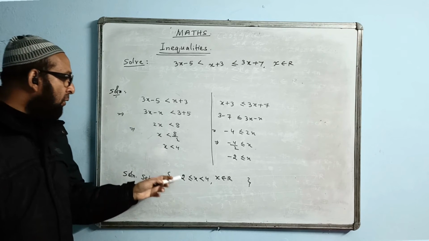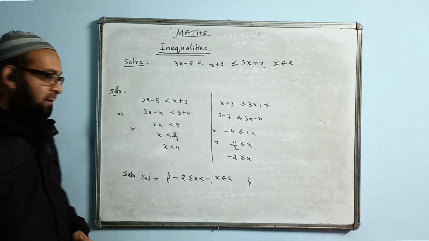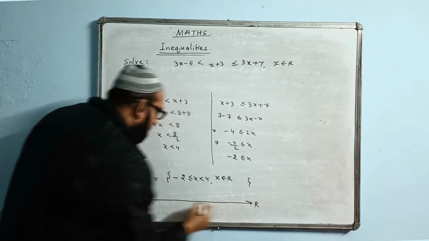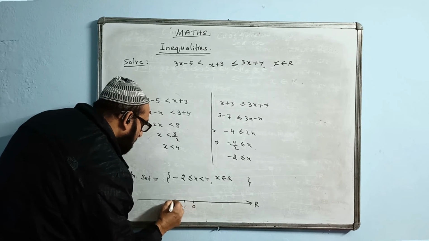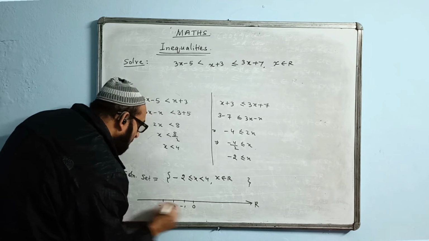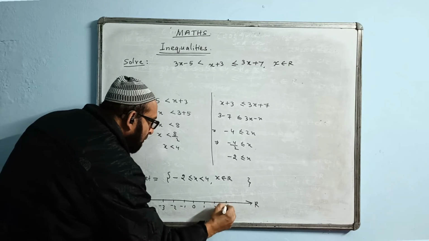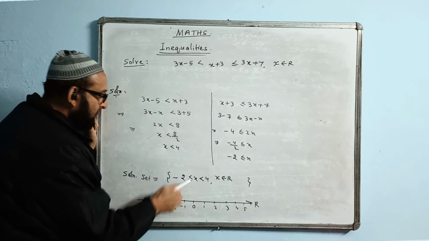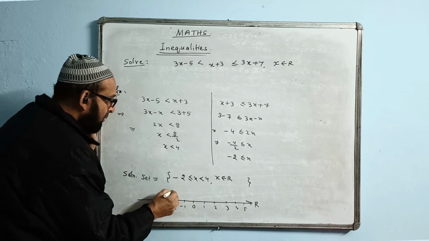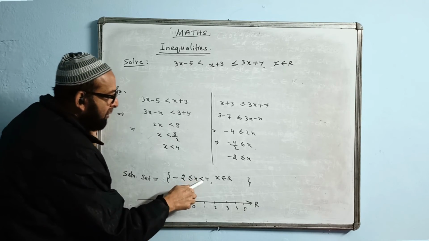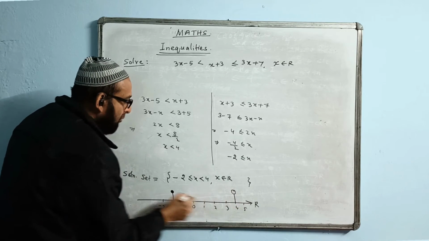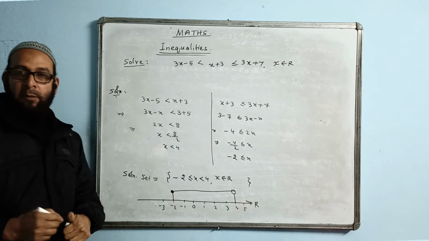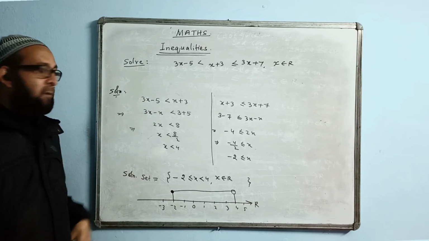Now the number line we should draw for this solution set. I think you know how to draw the number line. R, here we will be writing 0, minus 1, minus 2, minus 3. This side 1, 2, 3, 4, 5. Minus 2 with the equal sign. The minus 2 will have a thick dot. 4 without equal sign, that means 4 is going to have a hollow dot. Join them by a line, because this is a set of real numbers. This is done.